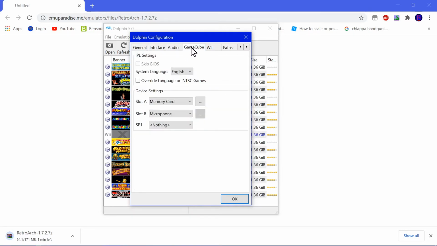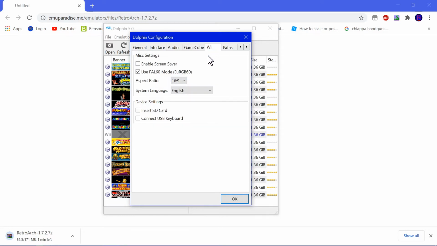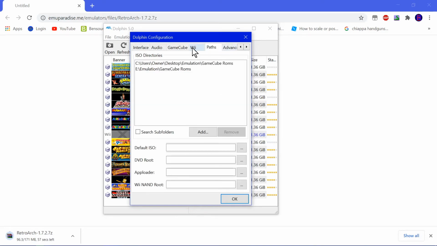What I did edit over here, you may want to set up the slot A and slot B cards. I'm not sure what this is, so I'm just gonna leave that nothing. System language. The Wii, I don't necessarily use the Wii, so